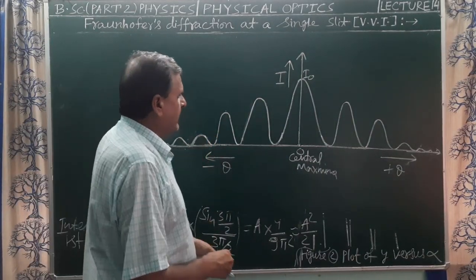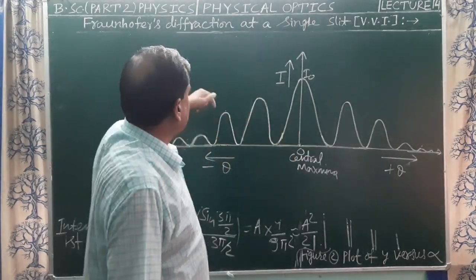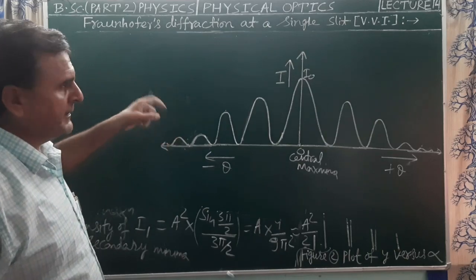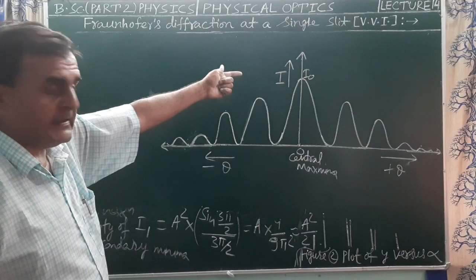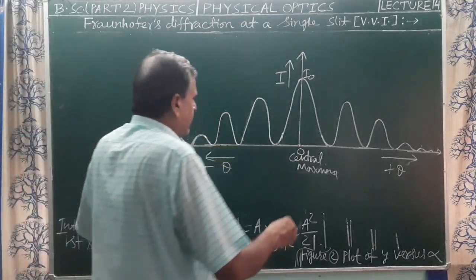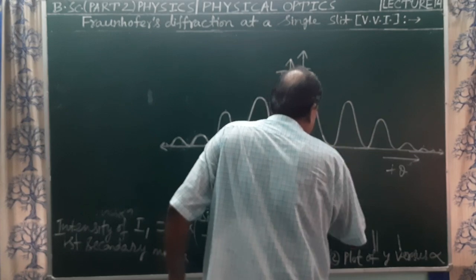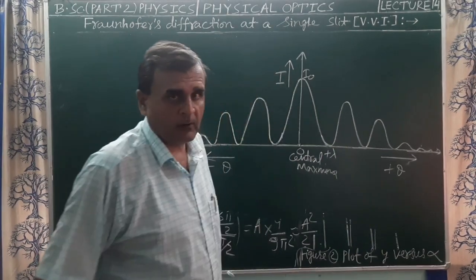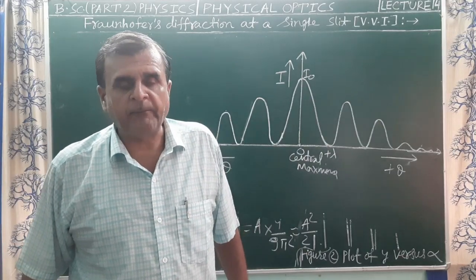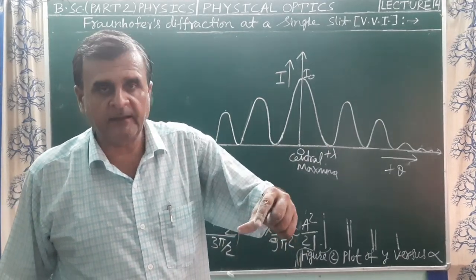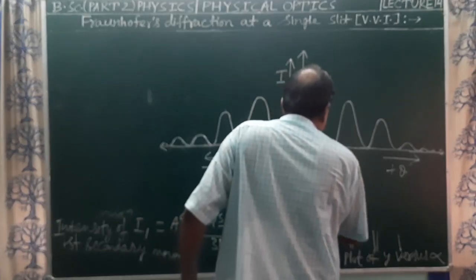तो अल्टरनेट हमें क्या ऑप्शन हुआ, सेंटर पर, स्क्रीन के सेंटर पर, दैट इज डिफ्रैक्शन एट ए सिंगल स्लिट के केस में सेंटर पर क्या हो गया, मैक्सिमम इंटेंसिटी I0 ऑब्जर्व हुआ, और सेंटर के दोनों साइड में ये फर्स्ट सेकेंडरी मैक्सिमा मिनिमा का पोजीशन है जो कि प्लस लेमडा, इसका वैल्यू कितना होगा, इसका वैल्यू के लिए मैंने कंडीशन ऑब्टेन किया था, थीटा m इक्वल टू प्लस माइनस लेमडा अपॉन ई, where e is the width of the slit AB and lambda is the wavelength of light. So plus lambda by e,